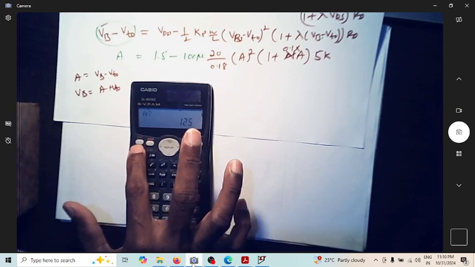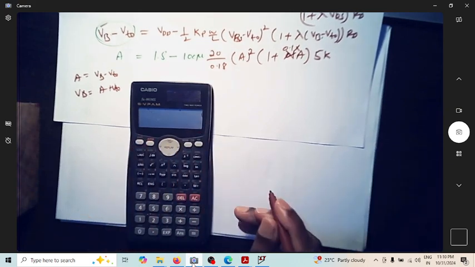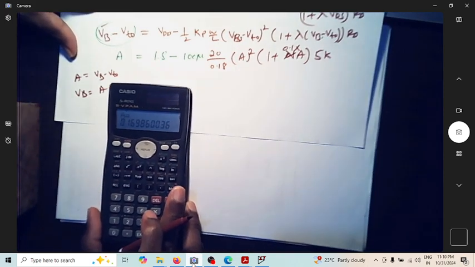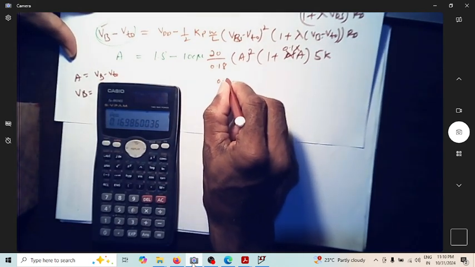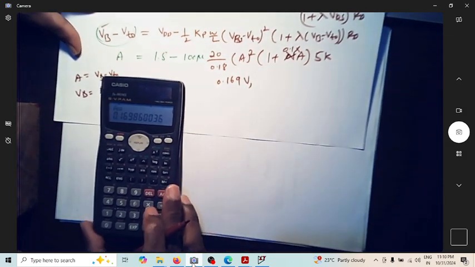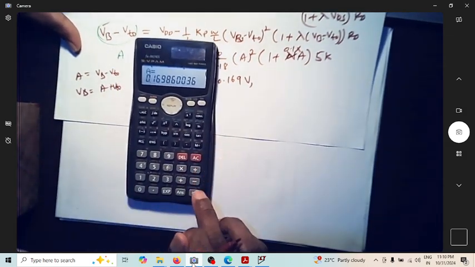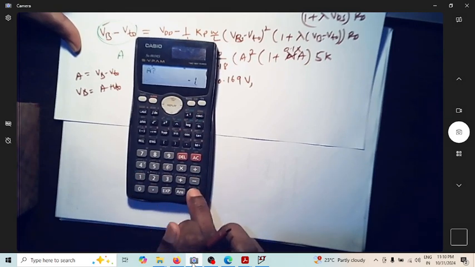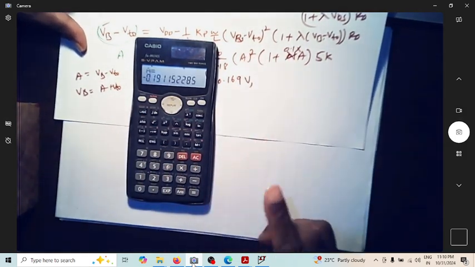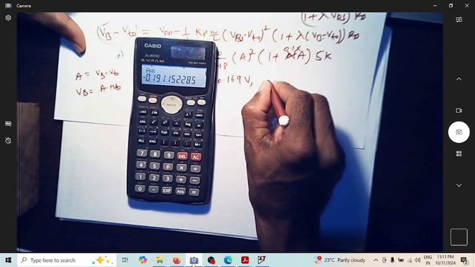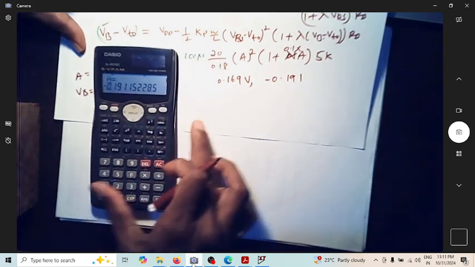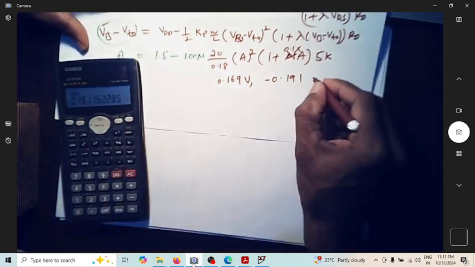Shift calculate. So I'll get one of the values of this A, which happens to be VB minus VTO. You can see one of the values is 0.169 volt. This is one value. For the other value, I'll just say equals minus 1, then shift calculate, because this is a part of your quadratic equation, so I will get two values. The other value is minus 0.191. So these are the two values which are equal to